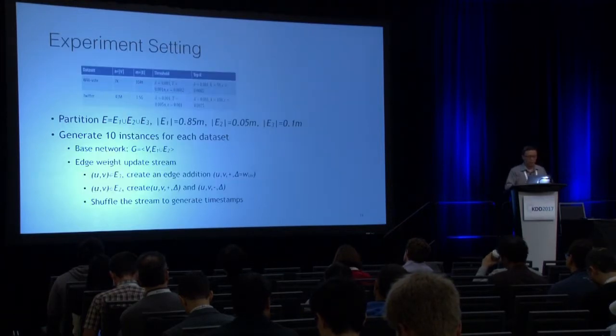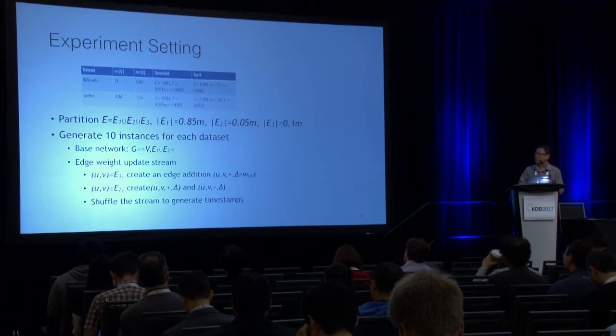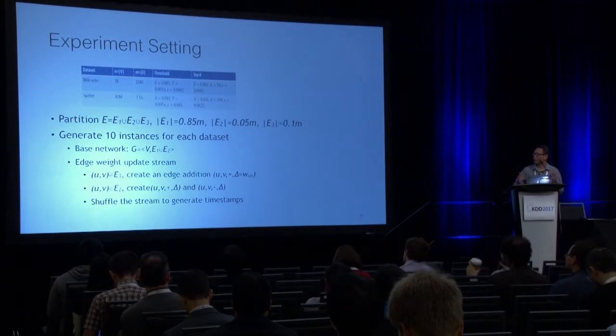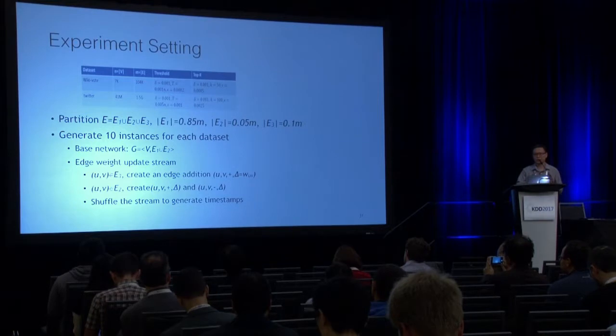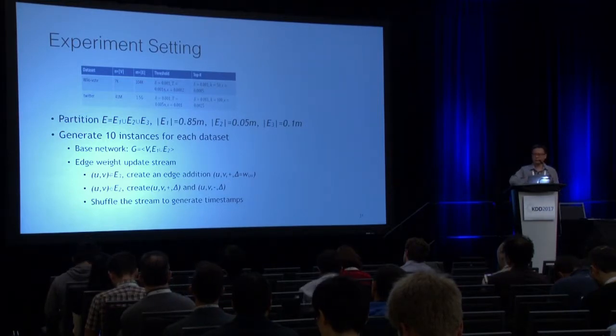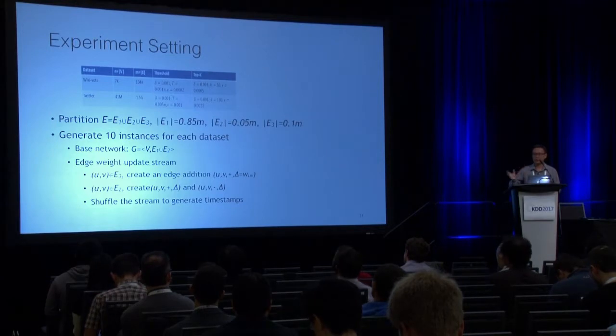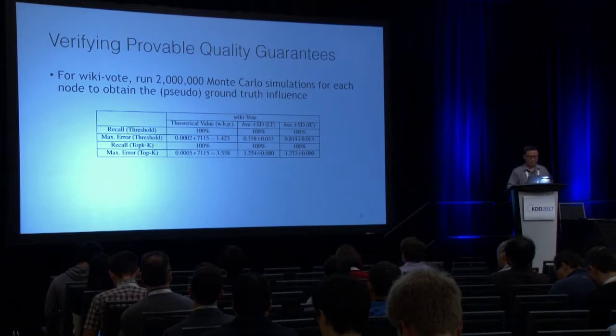Okay. So we conduct experiments on pretty large graphs, and we partition the graphs into three parts. One part is the initial graph, the second part is the edges that will have a weight increase, and the third part is the weight decrease. Okay, and we verify that the